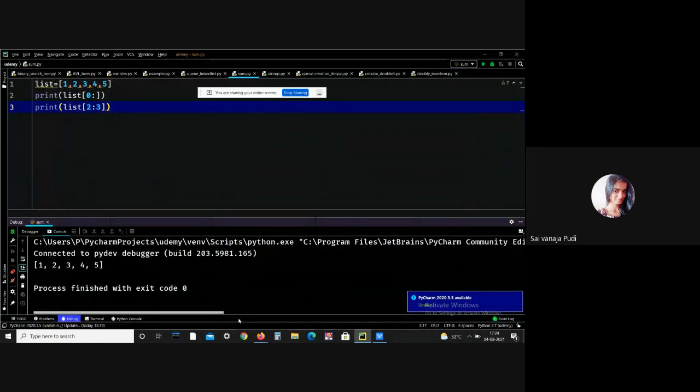Okay. I already told that the last index is exclusive. Okay, that means 2. Here, let me see. 2 to 3 means 2 and 3, but the last index position is not considered. So we got the output that is the second index value, that is 3 only. Let me give another example so that you can understand better.